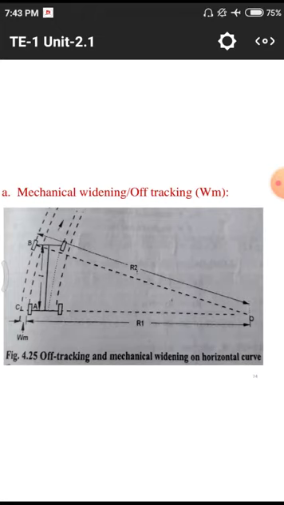For the particular road, first of all we need to mark the center point of the road at the edge. That means on the inner side of the road we need to maintain a particular center point. O is the center point for that particular road, at the inner edge. Inner edge means low elevation.